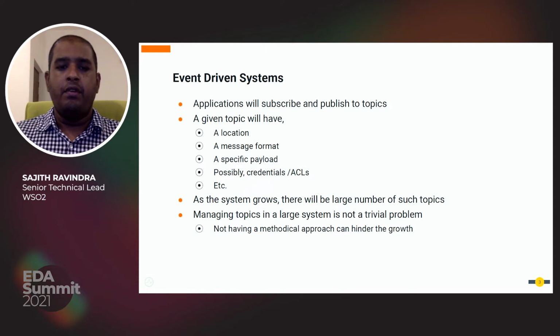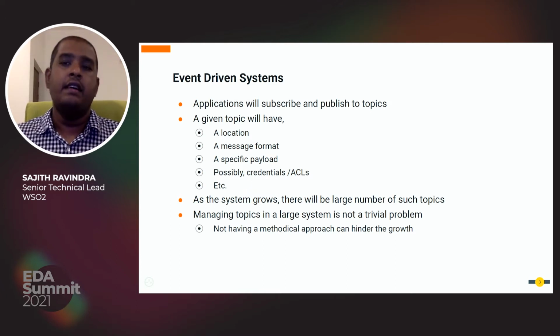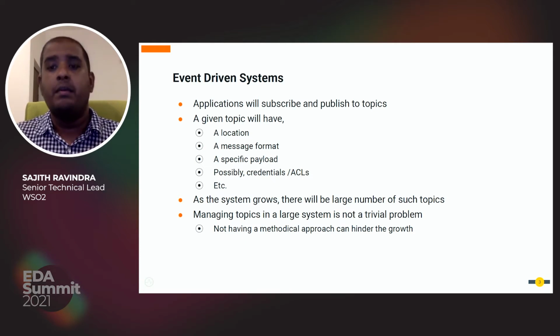Before we get into the API management aspects, let's briefly get ourselves ready with the event-driven system related concepts. We all know in event-driven systems, applications talk to each other by publishing to topics and by listening to topics. Given a topic, it will have an address, and it might publish data in some format such as JSON or XML or something else. Also, the event itself will have a structure, a set of properties, or we call them fields. These fields or properties can carry integers, strings, arrays, enumerations, or maybe a complex data type.